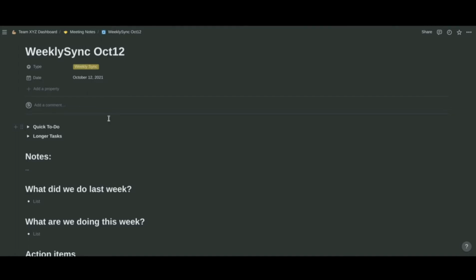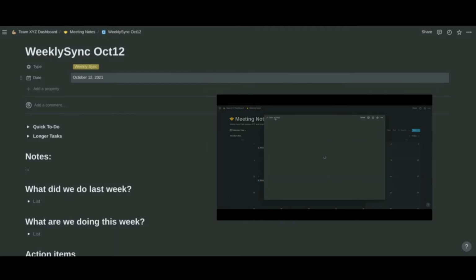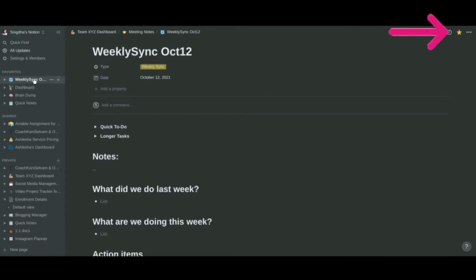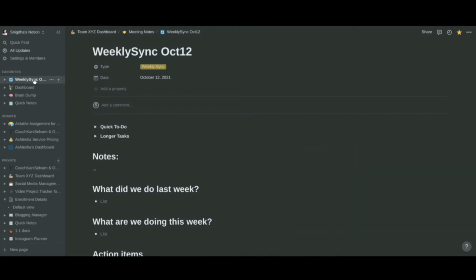I would also like to share a small tip that I use here for added convenience. Each week, I create this MOM page for that particular week's meeting ahead of time and add this page to the favorites using this. This way, the page shows up in the sidebar, and I have quick access to that page all through the week, so that whenever something pops up in my mind that I would like to discuss in our upcoming meeting, I can swiftly add that to this page. I learned this little trick from Marie Poulin, and it's been very helpful. So maybe you can also try this if you like this method.